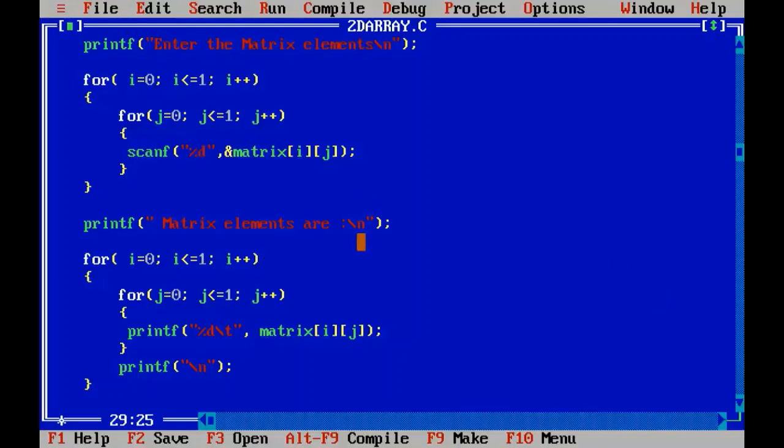So the iteration happens the same way here. When i is 0, j is 0, matrix 0 of 0 is referenced. When j gets 1, 0, 1 is referenced, and when j is 2, it goes back to this loop here. i is incremented to 1. So when i is 1, j is still 0 because j starts its value from 0. When i is 1, j is 0, that means the first place in the second row, 1, 0, and then 1, 1. When j is 2, it goes back out of the loop.